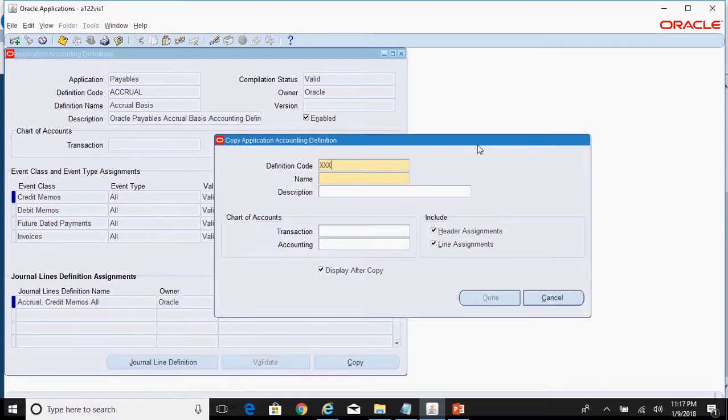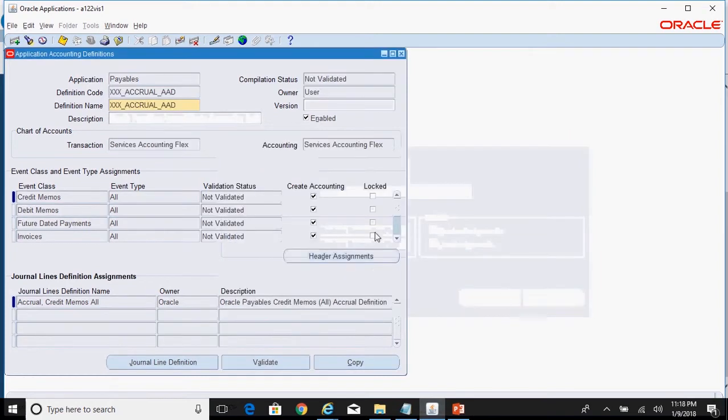Just call it xxx underscore accrual underscore application accounting definition. Use the same for name. And what is your transaction chart of accounts? Services Accounting Flex. For accounting chart of accounts also use the same Services Accounting Flex. Click on done. So this is your custom version.